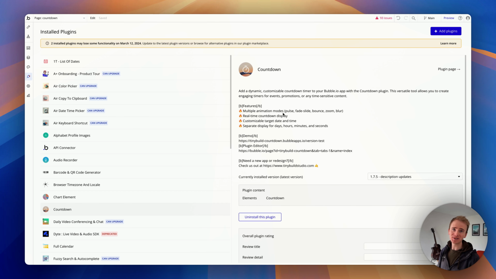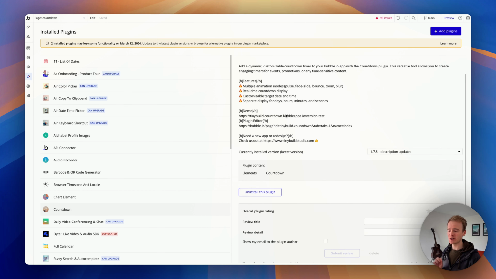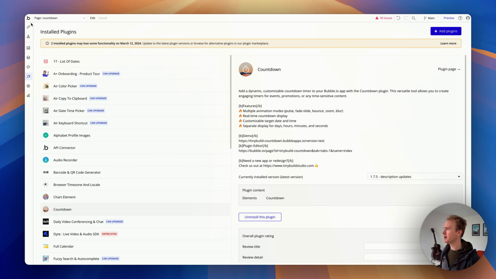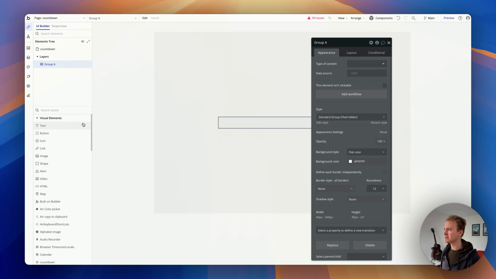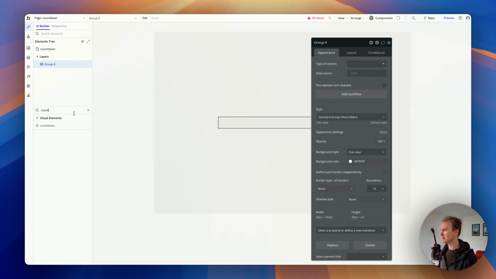It's great when you discover an amazing free plugin that does just what it says on the tin and it works, and that is absolutely the case with this plugin. I will just say that people come and watch our videos maybe a year or two after we publish them, and sometimes plugins go in and out of the plugin directory, so do have a look for other countdown plugins if this one isn't available when you look, but it's likely that they'll work in a similar way. So if I go into design, I'm going to add in the countdown element,